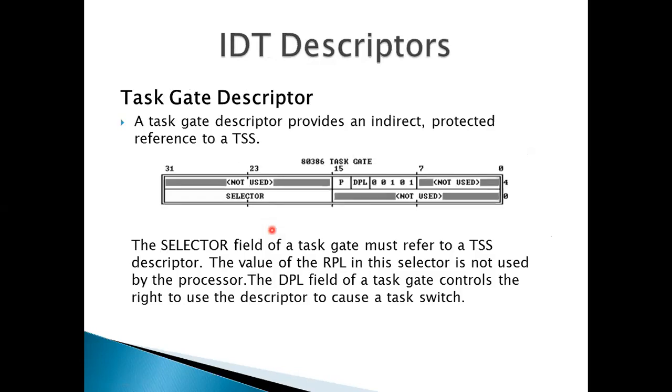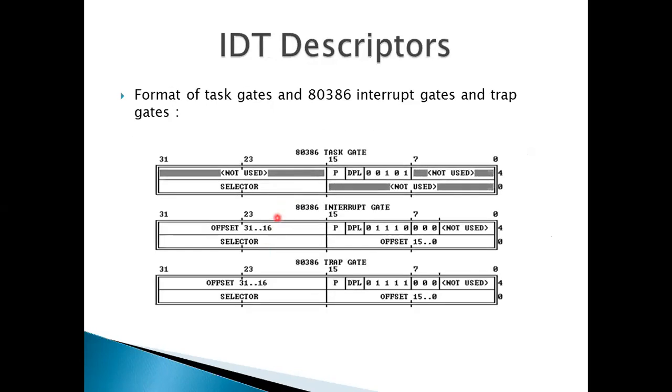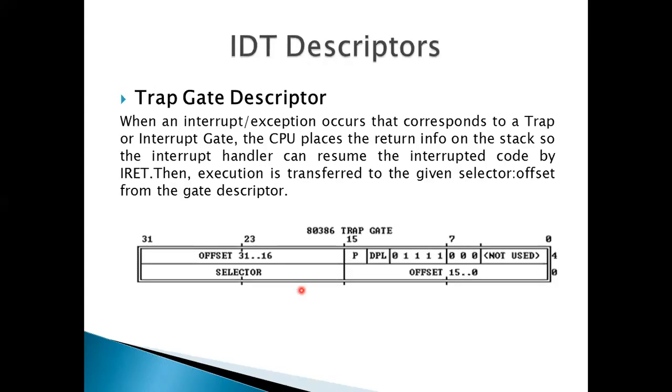For the others we have seen previously, such as the task gate descriptor, it is not used. It is used only for the interrupt gate and trap gate, which have the offset value, right? So this further information will be maintained in the form of the gate descriptor, or therefore your trap gate descriptor, right?